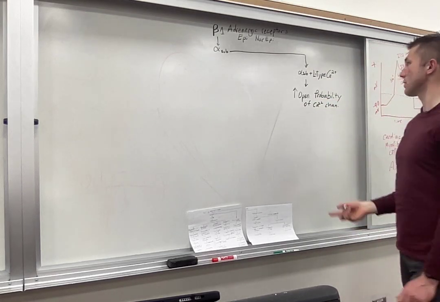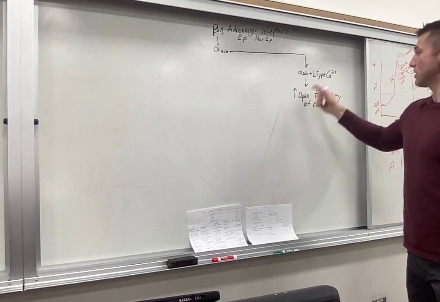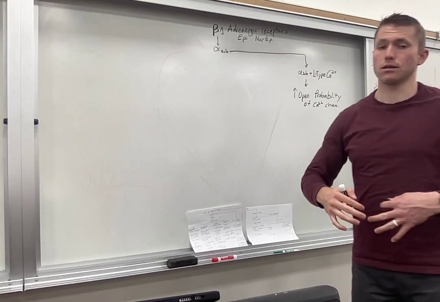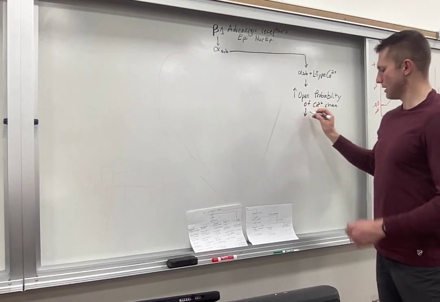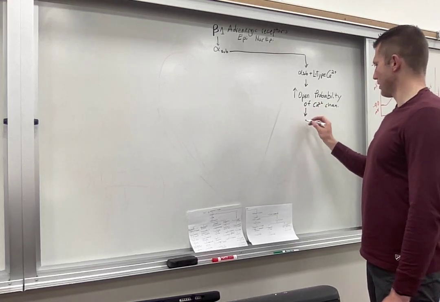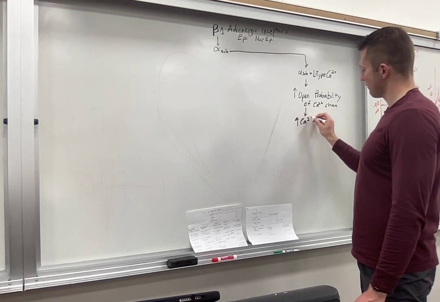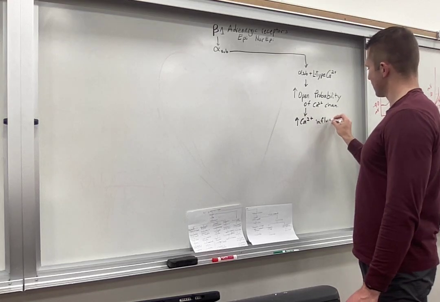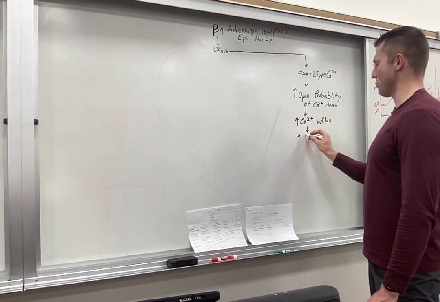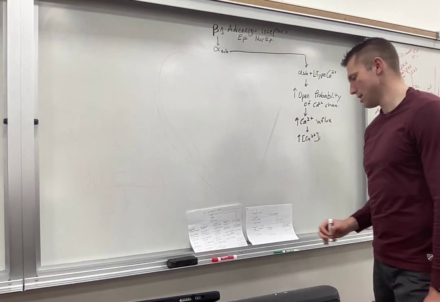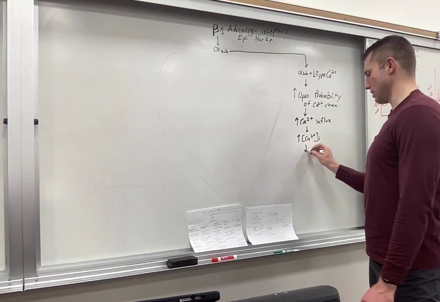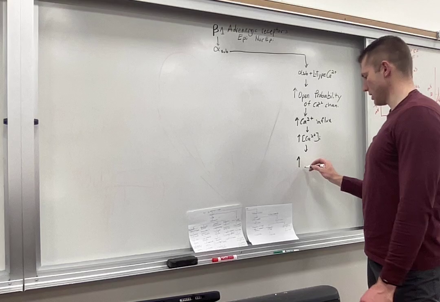So what does that mean? So it's going to cause the probability to be higher that they're going to be open. What's that going to lead to? It's going to lead to more calcium influx. That is going to lead to more concentration of calcium inside the cell, and that's going to lead to more